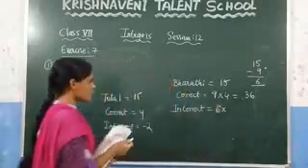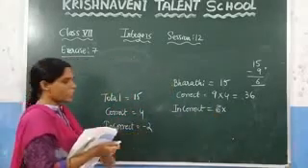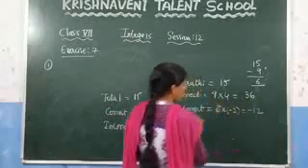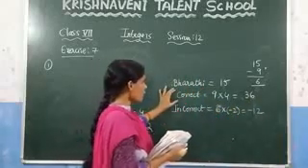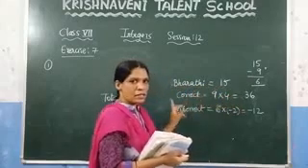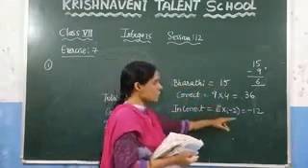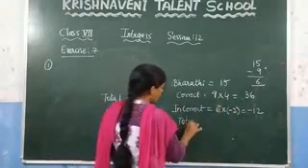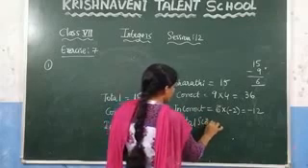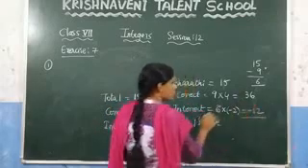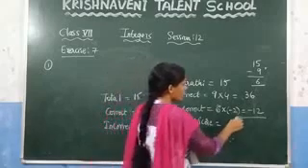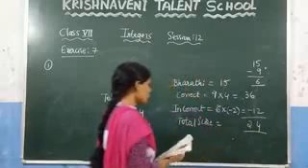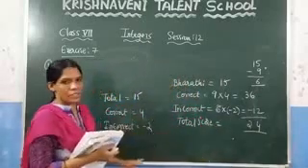For each incorrect answer, how many marks are they reducing here? Minus 2 marks. So here 6 into minus 2, which is nothing but minus 12 marks. This is the marks she got for the correct answers, and this is the marks to be reduced for the incorrect answers. Now in the question they are asking what is her total score. Then what will be her total score? For the total score you need to subtract these two values. So you will get 6 minus 2, which is 4, 3 minus 1, which is 2. So the total marks Bharati got in her exam is 24 marks.